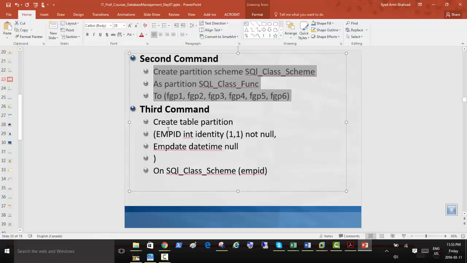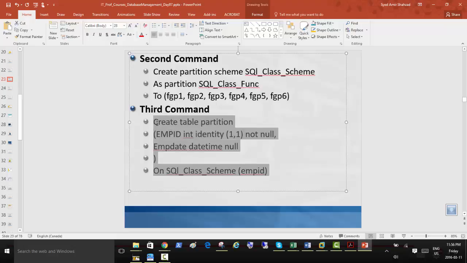Let's go ahead, and now we're going to create a table, and in this table there's going to be lots of integers with employee ID. It could just go on 1, 2, 3, 4, 5, 6, 7, 8 up to 10,000, 20,000, and we can connect this table again to our partition function, with this emp ID key.